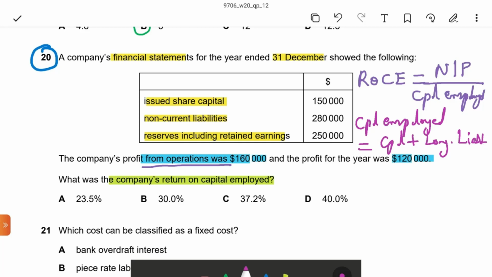So here, what is the net profit? Net profit means net profit before interest and tax, or profit from operation. Profit from operation is given in the question. That is 160,000